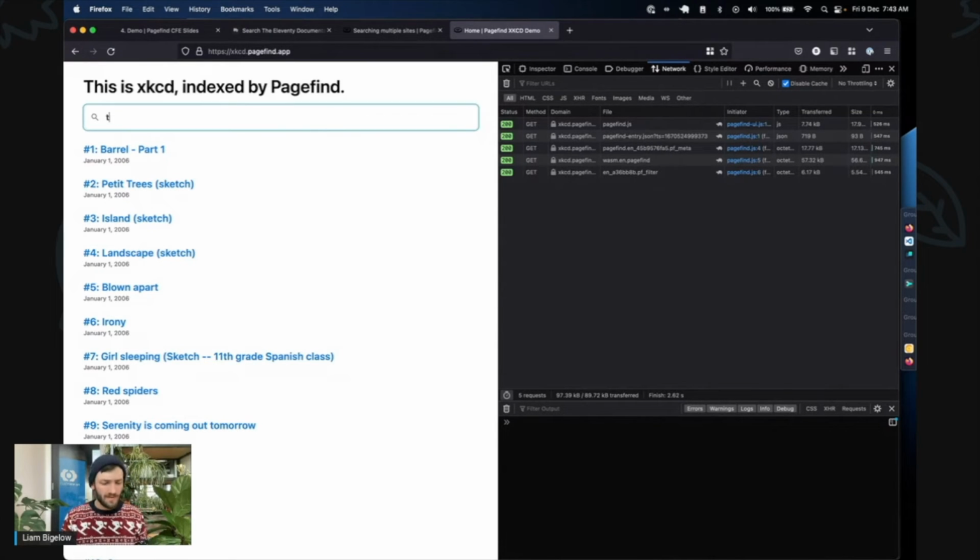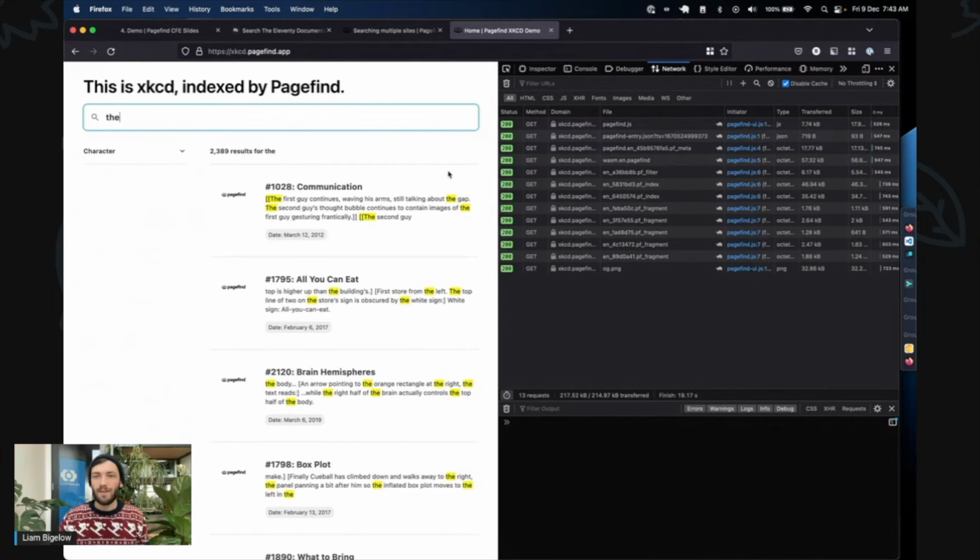If we then search for something, you'll see that we load a few little index chunks and some result fragments, and we can ignore that image because that's not actually part of PageFind. So now we've done a search in 200 kilobytes. And this is a pretty steady level of bandwidth usage for searching with PageFind. It was maybe 300 kilobytes when I tested it on MDN, the entirety of the Mozilla documentation,